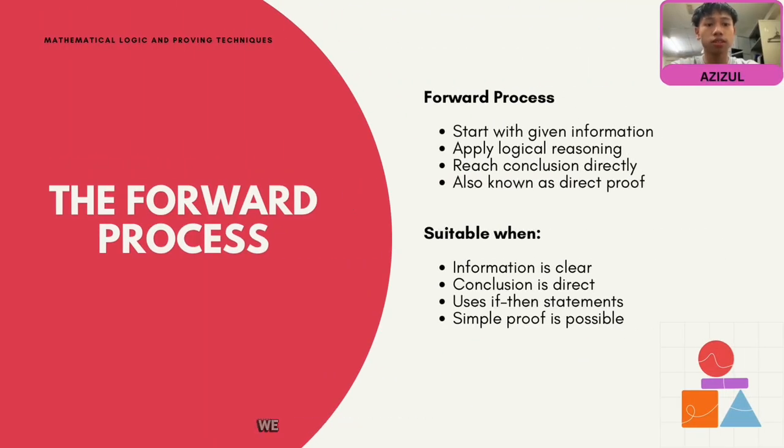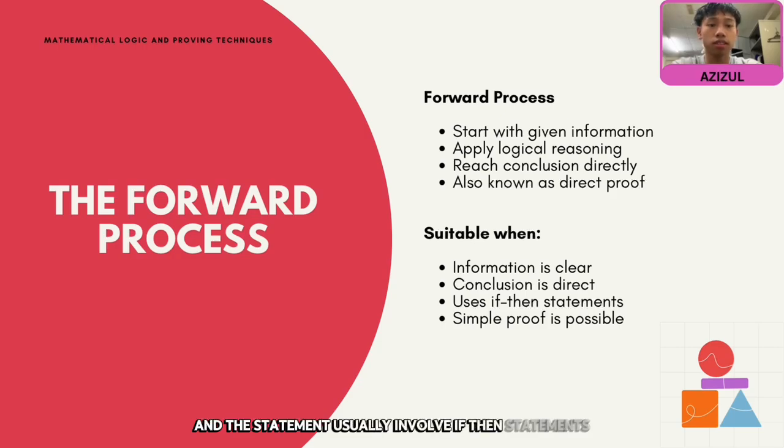Forward process means we start with the given information or assumption in the question. From there, we apply logical reasoning step by step until we reach the conclusion. This method is also known as a direct proof because we move directly from what is given to what we want to prove without making any opposite assumptions. The forward process is suitable when the information is clear, the conclusion is straightforward, and the statement usually involves an if-then statement. It is commonly used when a simple and direct proof is possible, especially in basic algebra or number theory